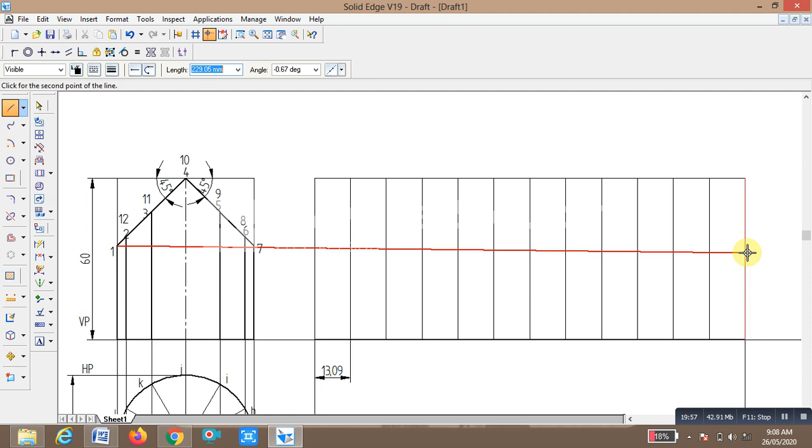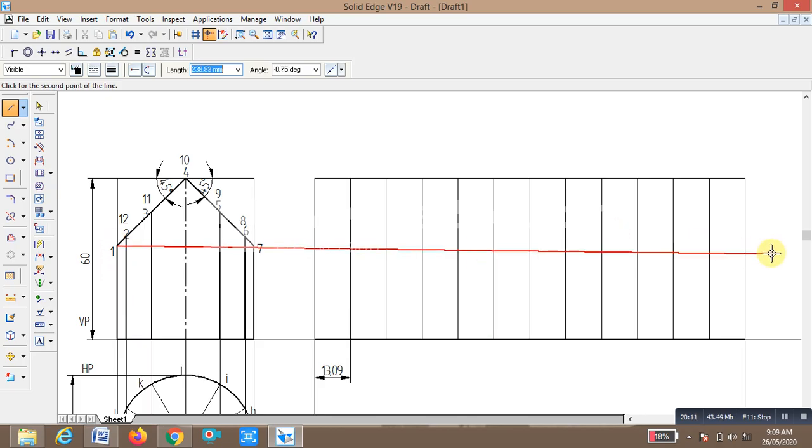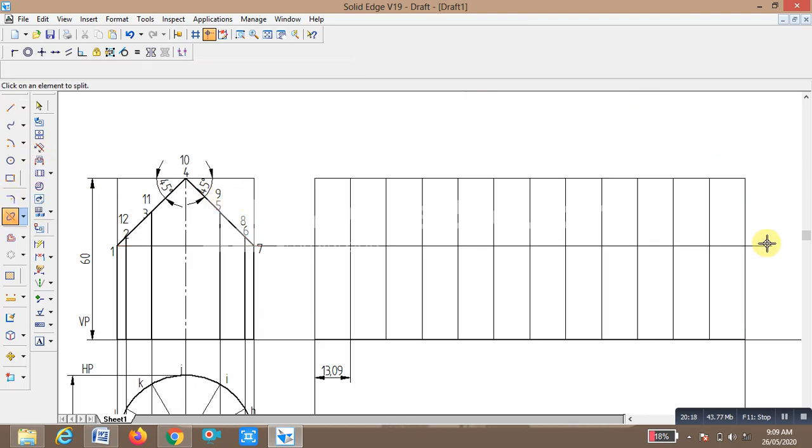You trim this unwanted line. Similarly, at point 2, you draw another horizontal line. At point 3, you draw one more horizontal line.